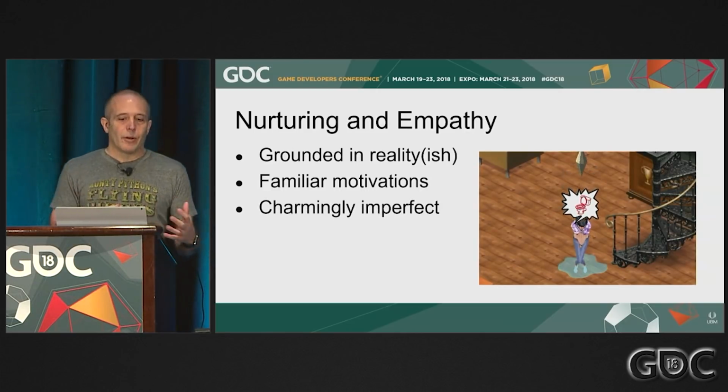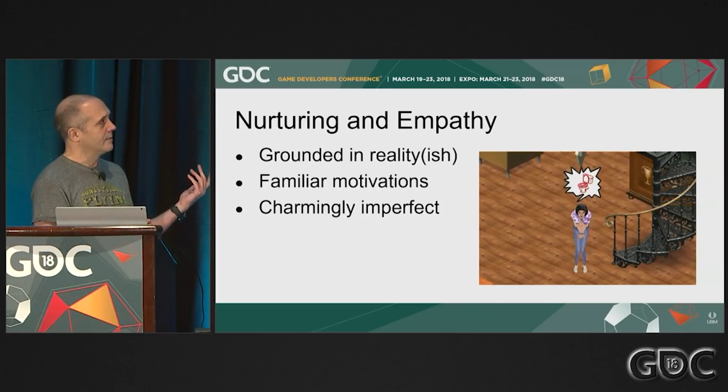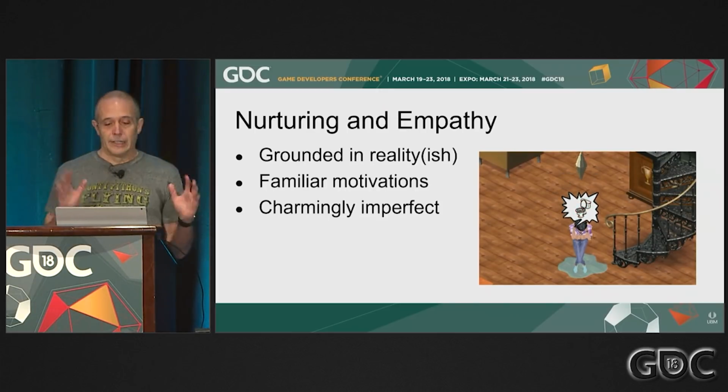And then we make the Sims imperfect. There's already urine. It's like the first slide. Anyway, the